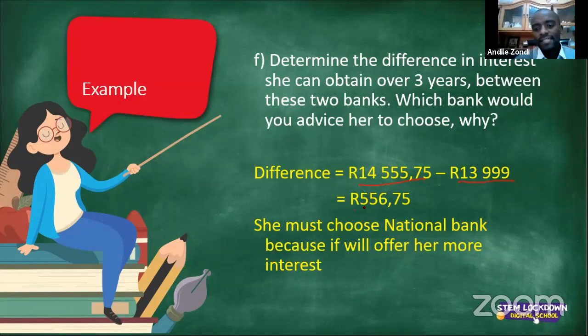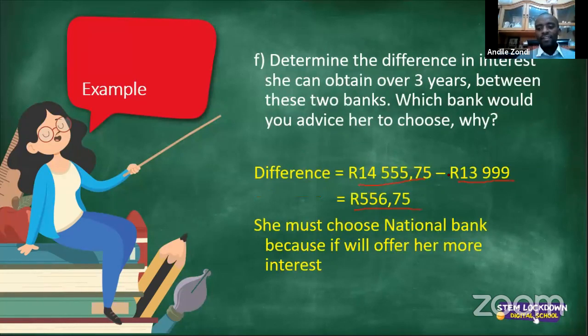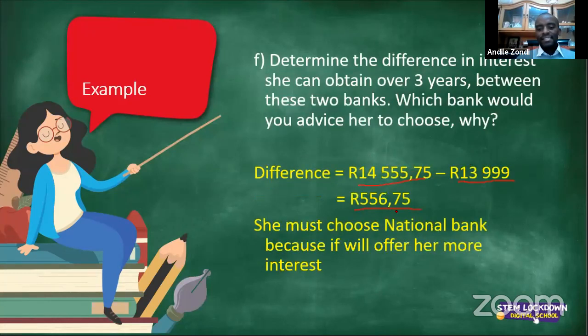So the difference is 556.75. Let me just make sure: for National Bank, this figure is the total figure, and for Africa Bank, this one. The difference is